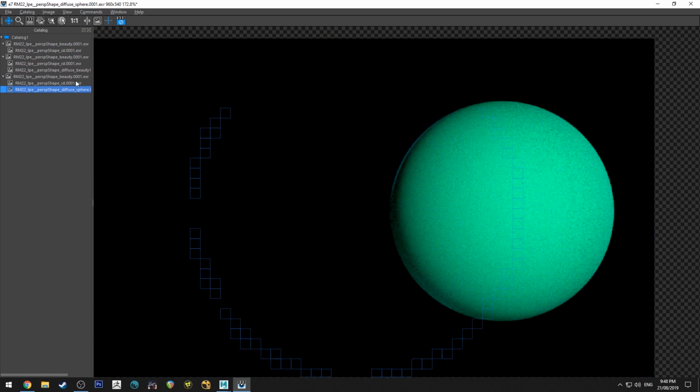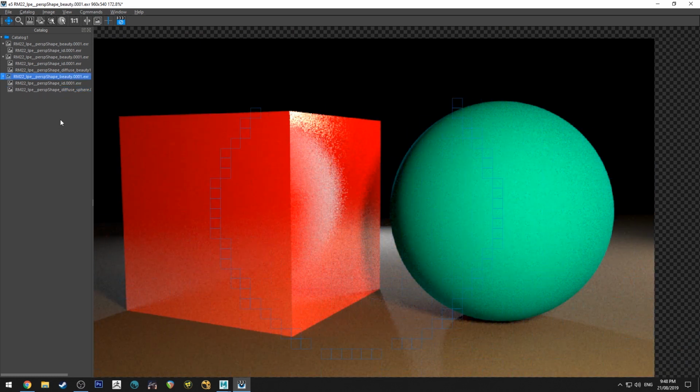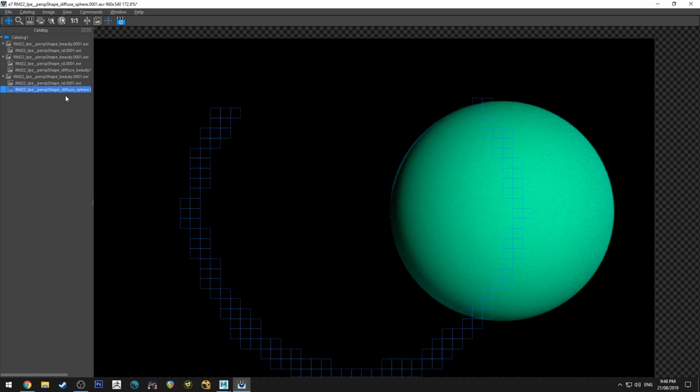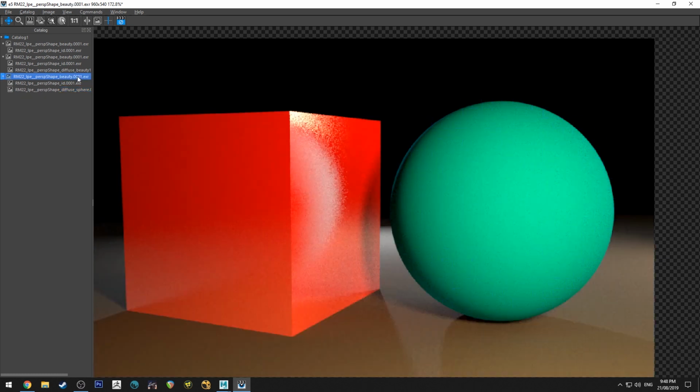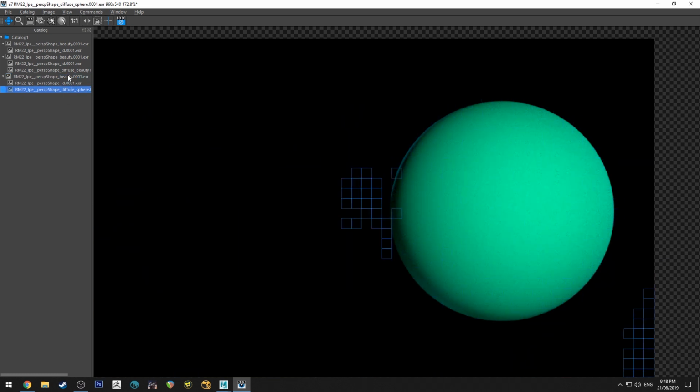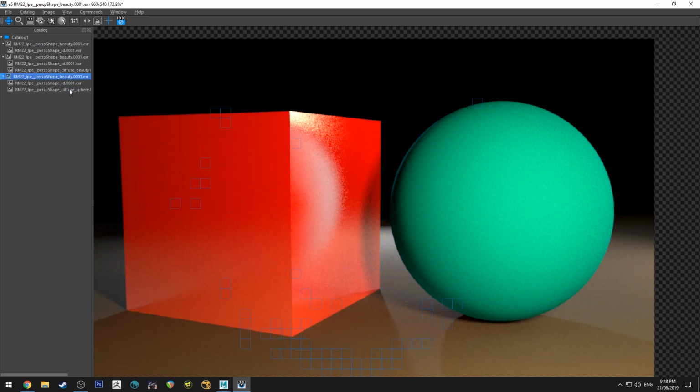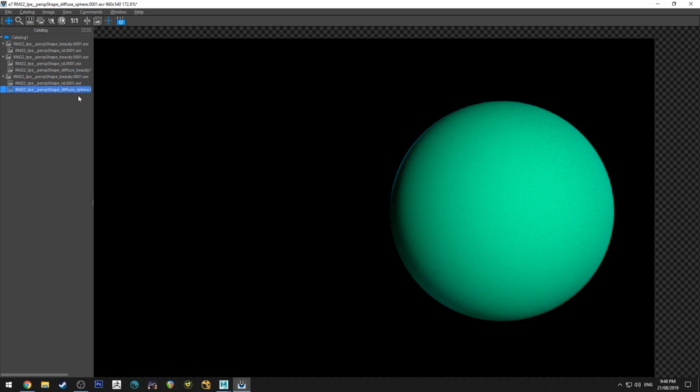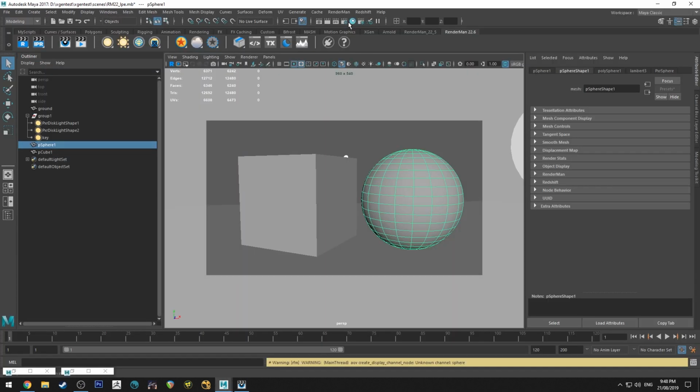And then if we render this, so that's our beauty render, and then this is the same thing but with just our sphere. Now what you'll notice is, if you're looking at the sphere, it is picking up the reflection from the ground still. Might be a little bit hard to see when I'm bouncing backwards and forth, but it is, just trust me. Which can be very, very useful. Now you could obviously do this with Cryptomats, but sometimes you will need to use an LPE for specific things. I'll show you an example at the end of the video tutorial, a scene that I used it for. Alright, so that is an example of isolating an object.